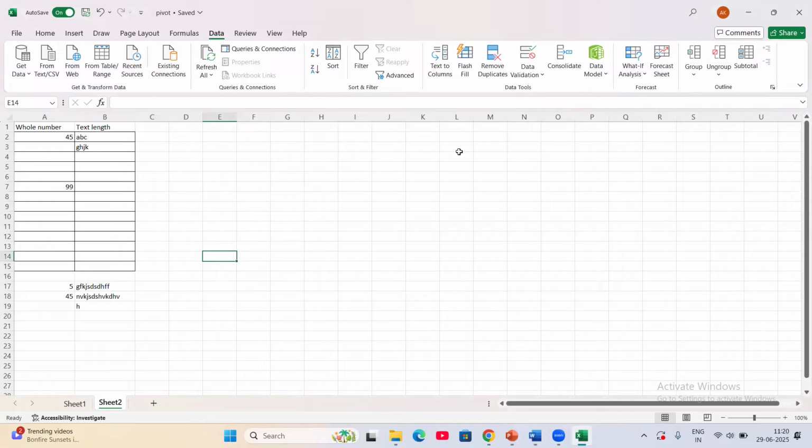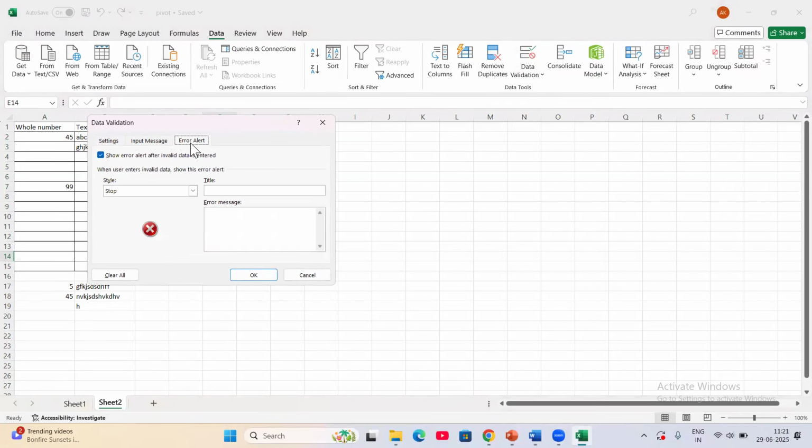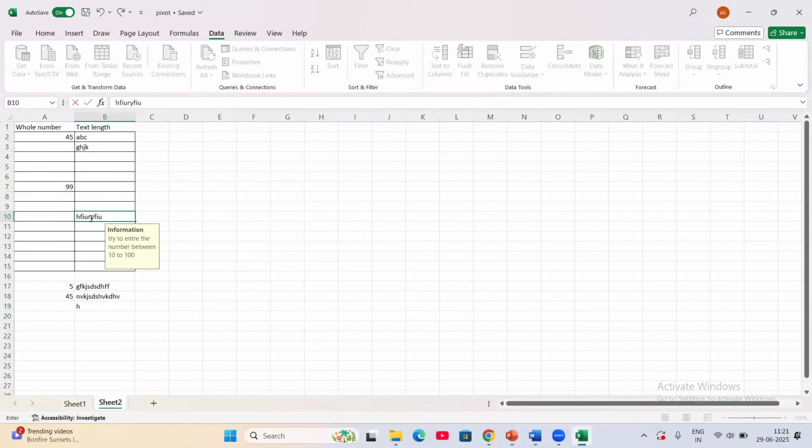Next, we can also change the error message. Go to validation, error alert, title, error. Please enter valid value, valid number or valid value. Please enter valid input. Then okay. If you type the wrong input,